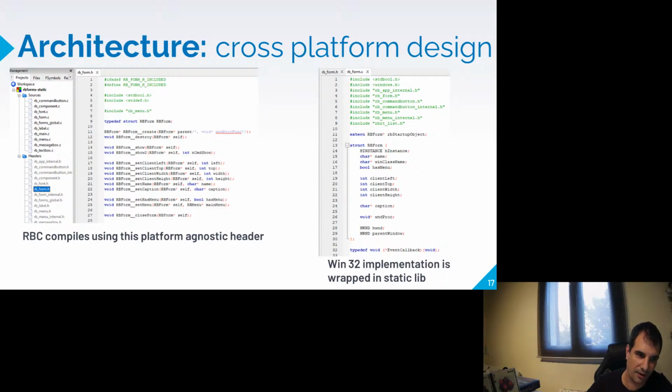But having one header with no clue how the implementation is made allows a cross-platform design, as it allows having several implementations, one for each platform.